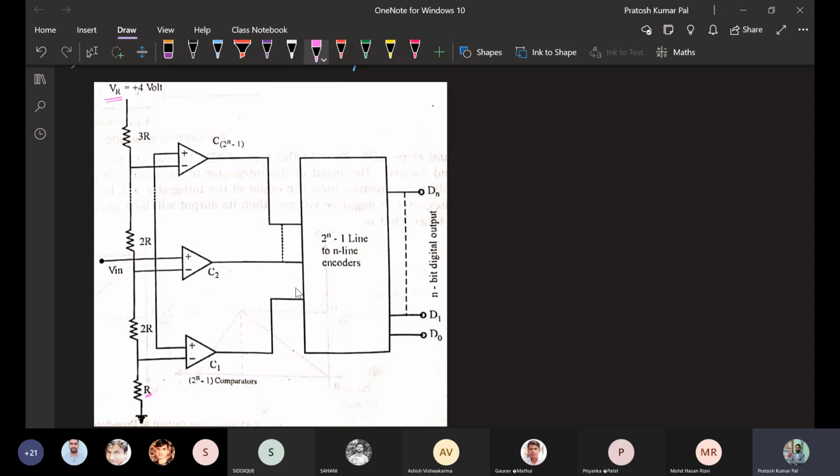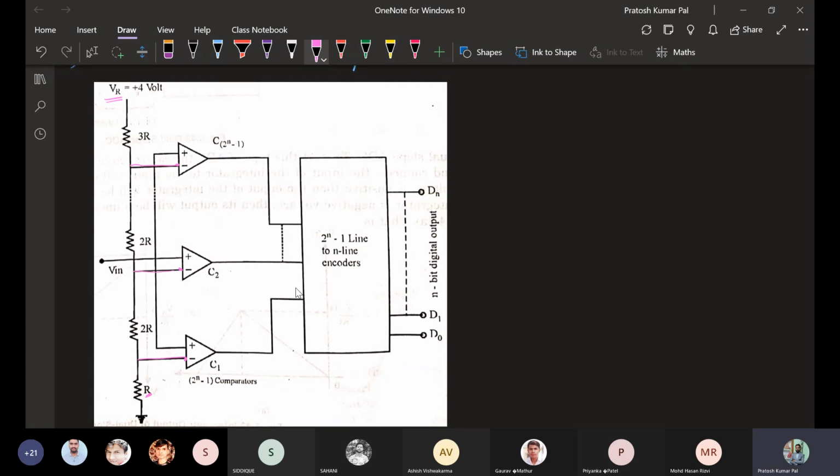This 4 volt is divided across the different comparator circuits that are available. With respect to that, we divide this 4 volt by using these resistor values. This is working as a voltage divider circuit. One of the inputs of each comparator will be connected to the reference voltage. This is the inverting node of the comparator that is connected to the reference, and this is the inverting node connected to the reference value.